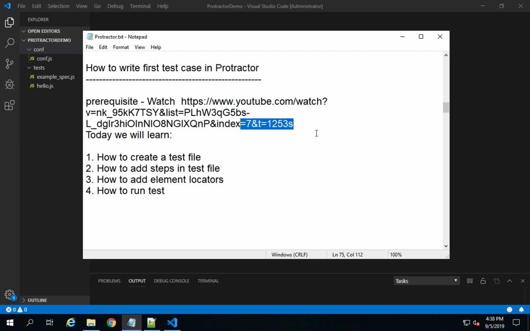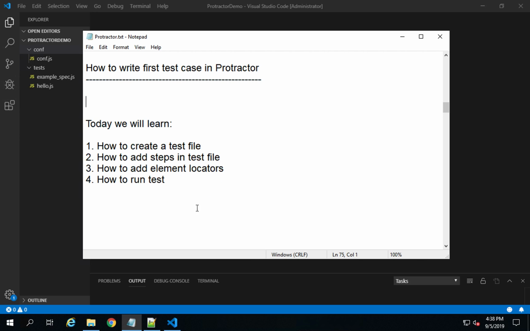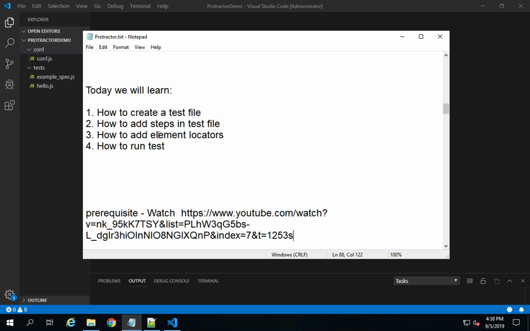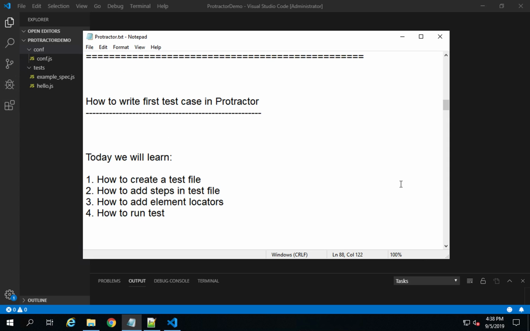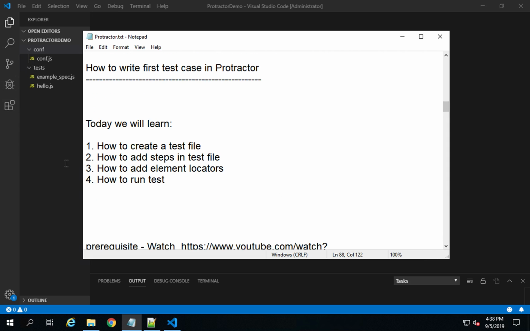And then let me just put it down, and all these notes will be available to you in the description or the notes section. So now here the first step will be I will go to my Visual Studio Code,